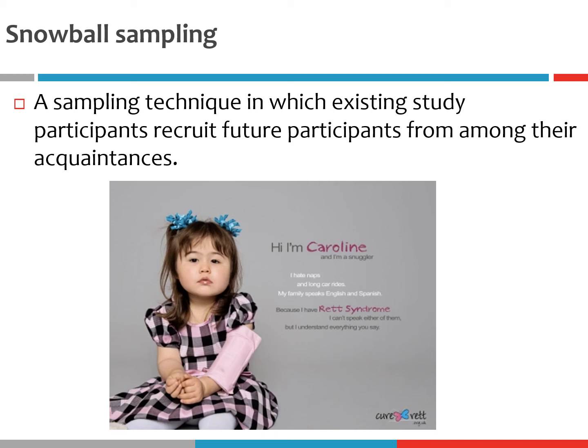So for example, a lot of studies looking at terminal diseases or cancers or really pervasive neuropsychiatric disorders might be interested in recruiting acquaintances of participants, because those participants are likely to be involved in other clinical trials or support groups or things like that. So they might have access to other individuals who are also suffering from that particular type of cancer or genetic disorder